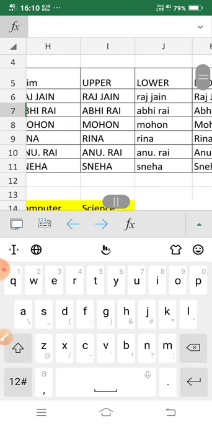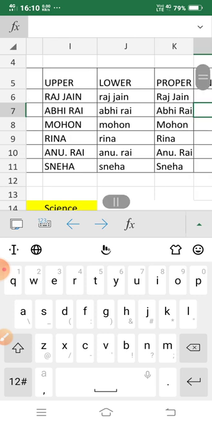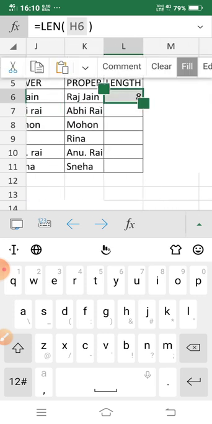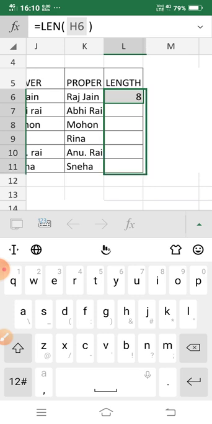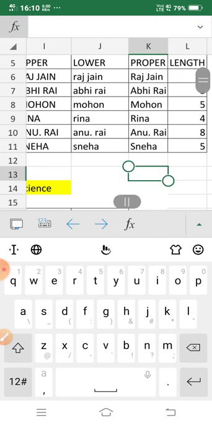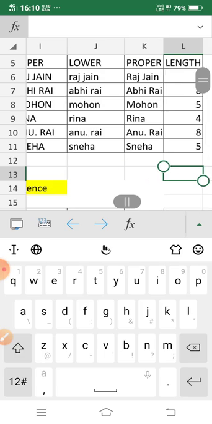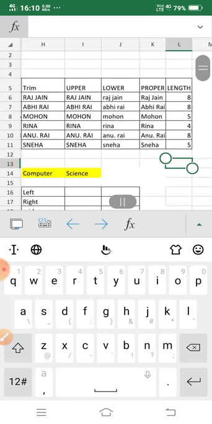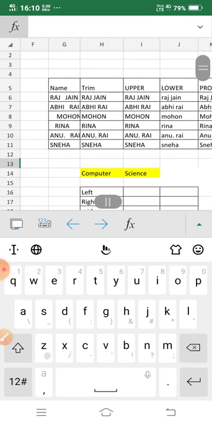Why 8? Because RAJJAIN actually has 7 letters, but it takes the space as a character, so it gives 8 as the total length. Then drag it down. It gives the length of all the student names. So this is all about the basic functions of MS Excel: trim, upper, lower, proper, and length.